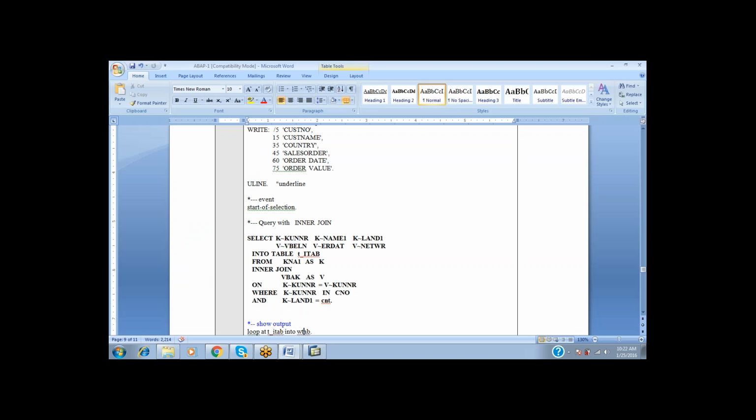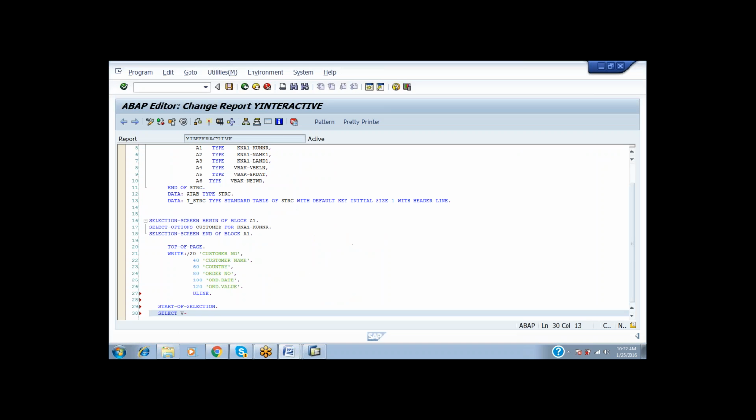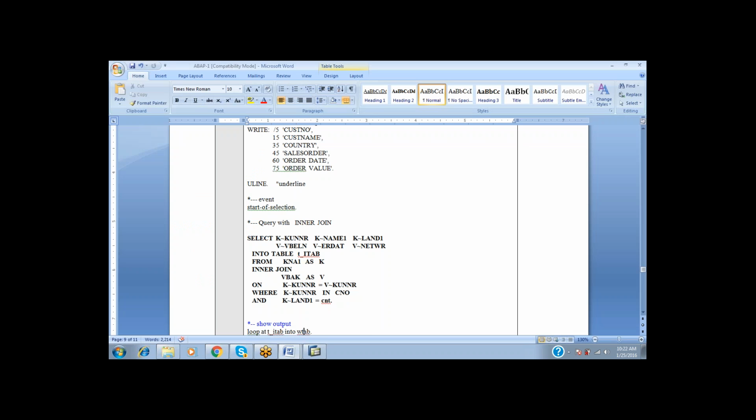And here I am asking that I need the V, and that V should be KUNNR, and I want one more, that should be name one, and one more, that should be land one. That means I am taking KUNNR, name one and land. That means the customer number, customer name and country. I am taking these three with the alias V,